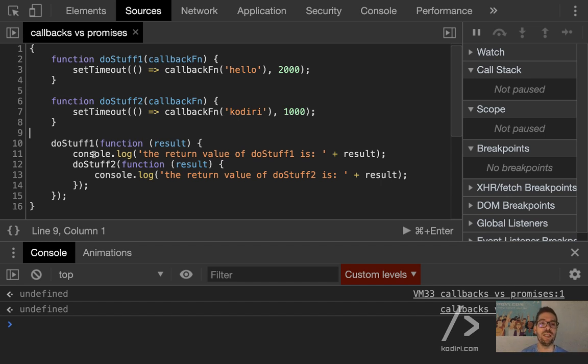Look at what we are doing now. First of all, we run do stuff 1. It may take 1 second, 2 seconds, 20 seconds. We don't care. Only after do stuff 1 has been completed do we execute the next function. That's a way we guarantee that do stuff 2 won't run until do stuff 1 is completed.